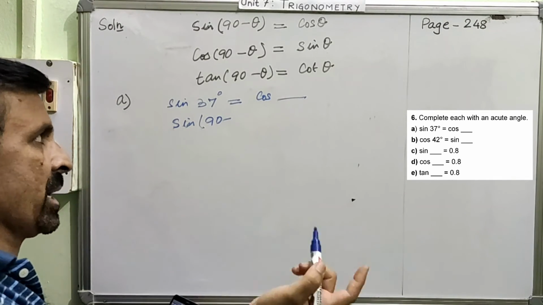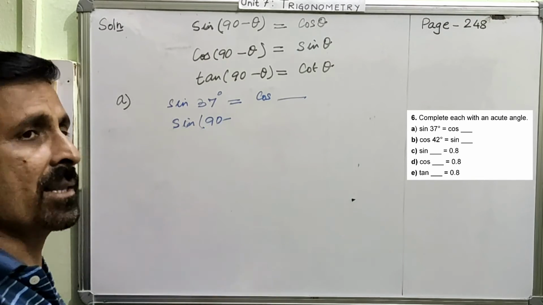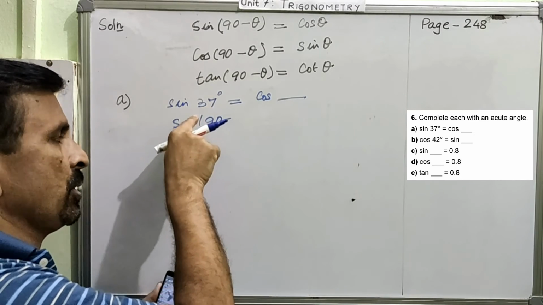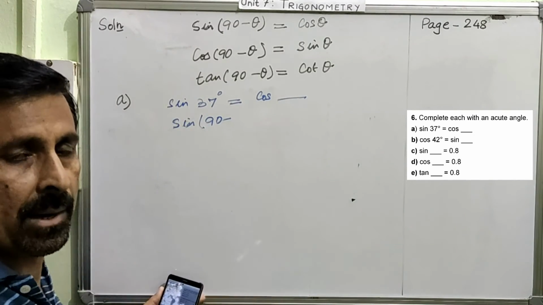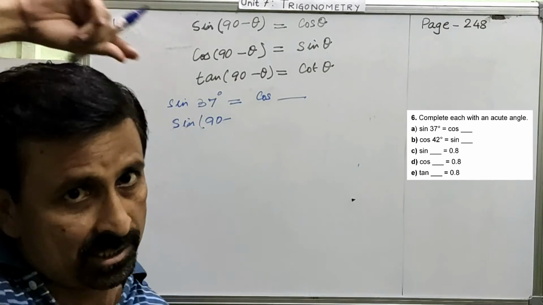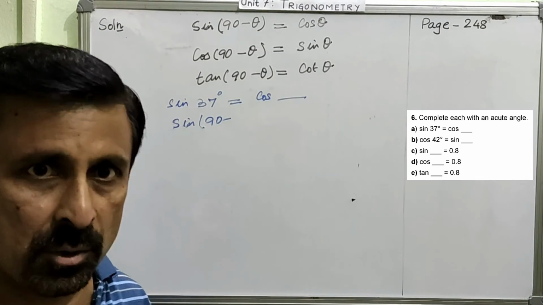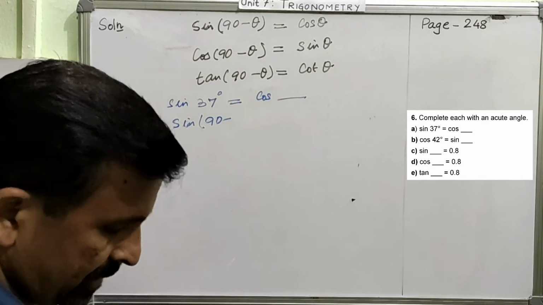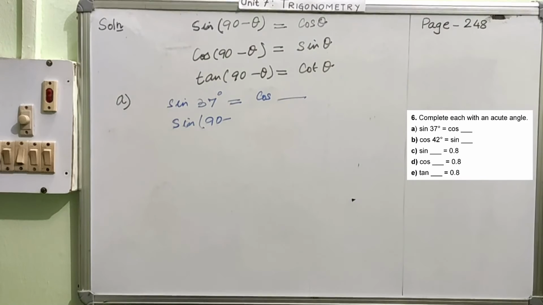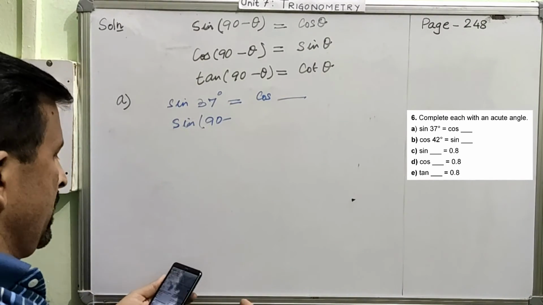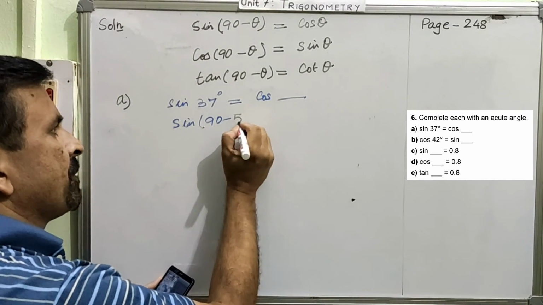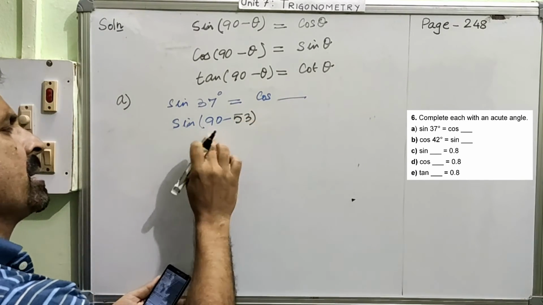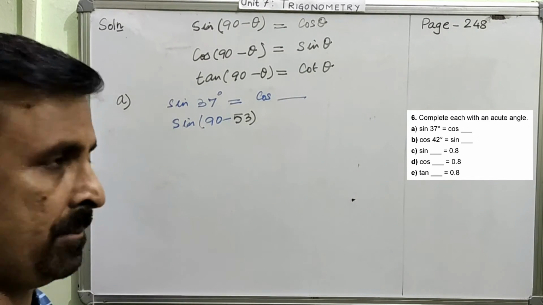So you use a calculator and from 90 you subtract 37, and whatever you get, you write here, because you are writing the same angle, the same thing in a different style. In place of catching your nose like this, you are catching it the other way, but you are still catching your nose. So this is 53. We will write this as 53. 90 minus 53 will be 37.